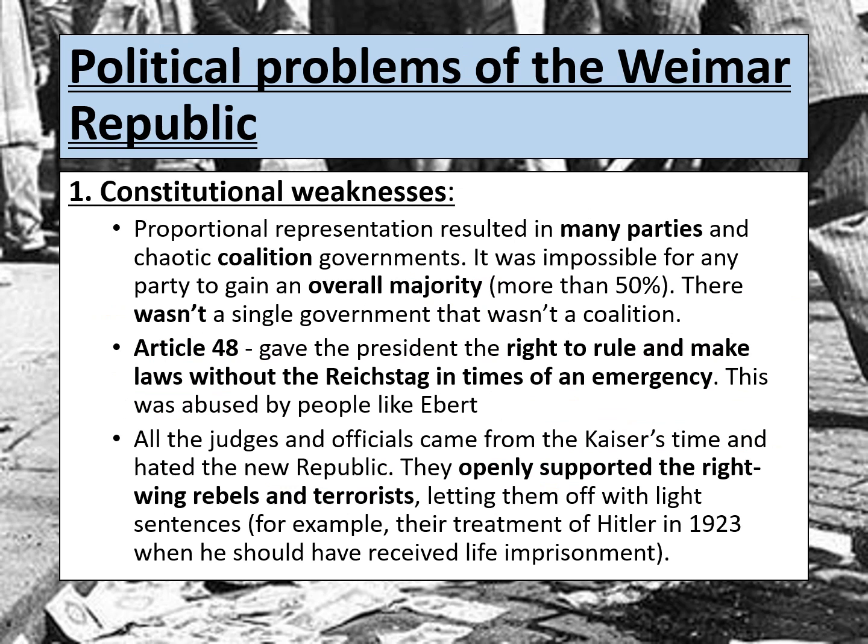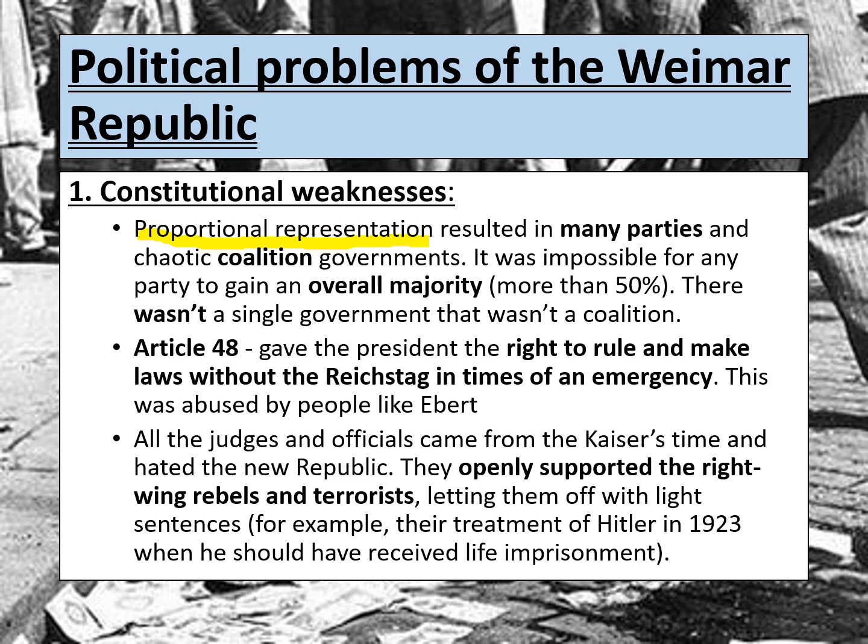Okay, so the first political problem we're going to talk about is the constitutional weaknesses, and the first of these constitutional weaknesses was proportional representation. Now remember that that means the percentage of votes equals the percentage of seats. Now that of course means that every single vote counted, and that's one of the reasons why people might say that the Weimar Republic was too democratic, because what this then meant was that if every vote counted, it resulted in lots of different political parties. Lots of smaller parties came out of the woodwork from getting a few votes from the Germans. But also it led to a lot of chaotic coalition governments.